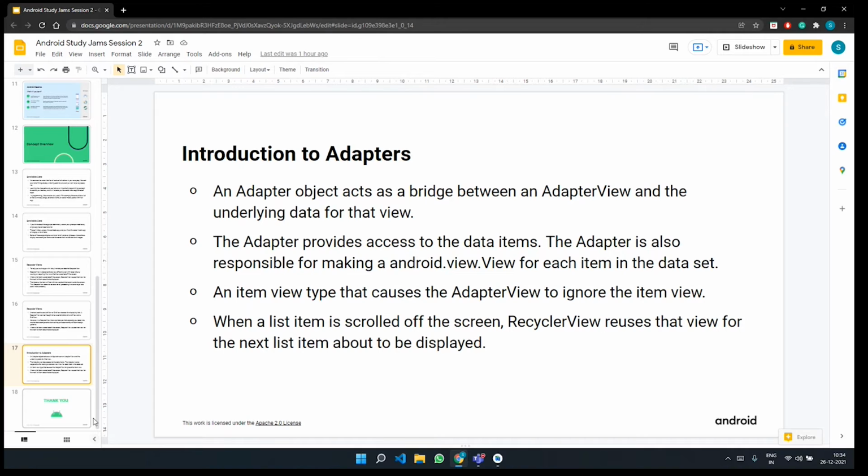So you want to display that particular news article at a particular position in the data set, and that would be done by adapters. There are a lot of features and public methods I can talk about for adapters, and it is always better that we do a hands-on session using adapters so that it is easy to grasp all the concepts. So I'll be moving on to my Android Studio.